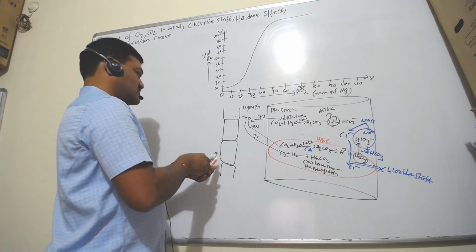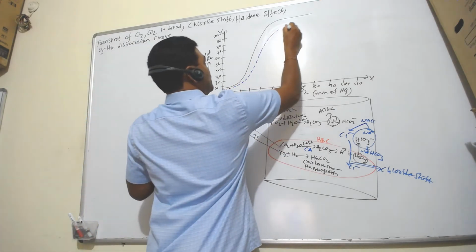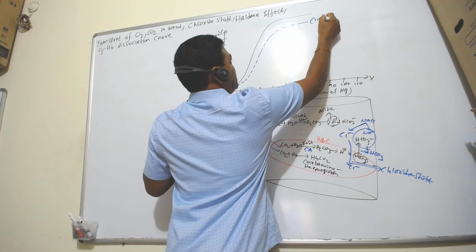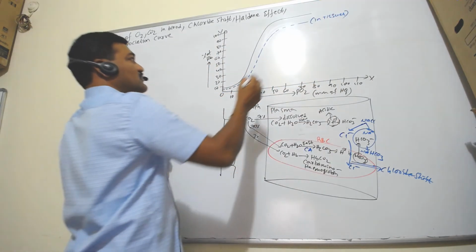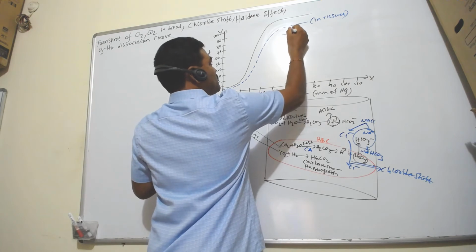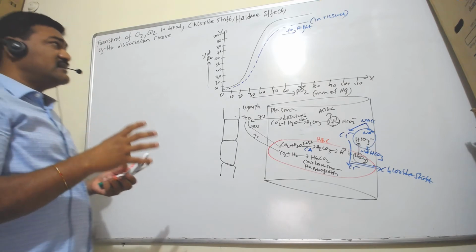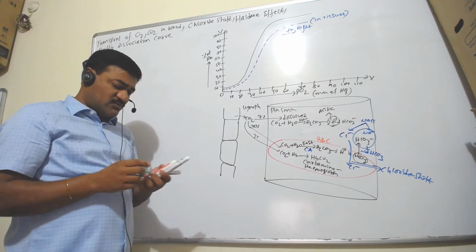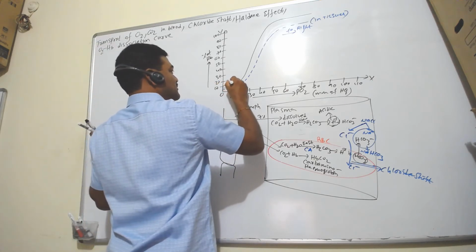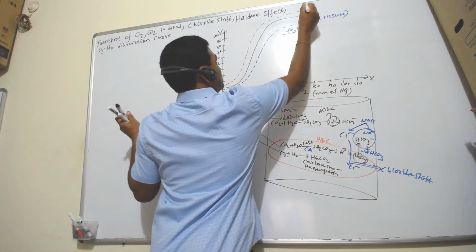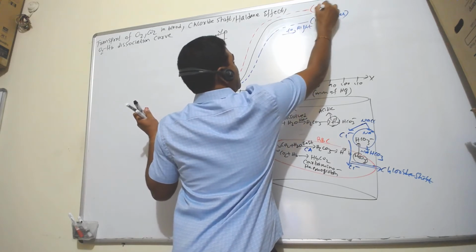It moves to the right side in tissues. It's like this. So this is in tissues. It moves to the right in tissues, and then the same blood, when it goes to the alveoli where there is more oxygen, shifts to the left side. This happens in alveoli,